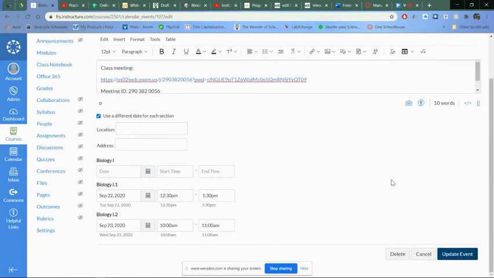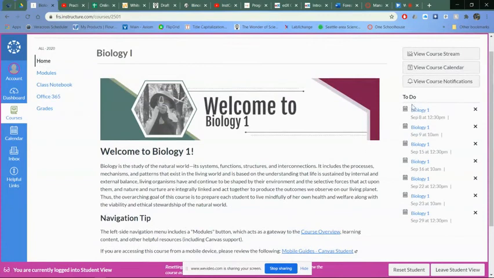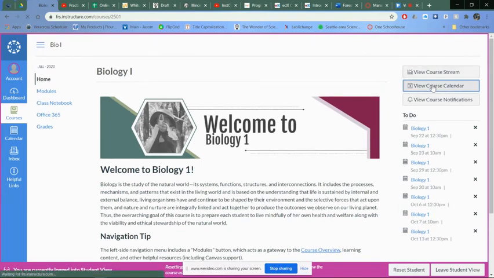And that'll be helpful for your students as well as you. When you go over to the student view, just so you can see what this looks like, on the right side, it will show all of their classes under the to-do list. The only disadvantage of this is it might make it so they don't notice their assignments, but there will be a different symbol here. The students can also go in and click the X marks for things that, yes, they need to show up to class, but it's not like a homework item if it's something that's getting in their way. And if they look at the course calendar,